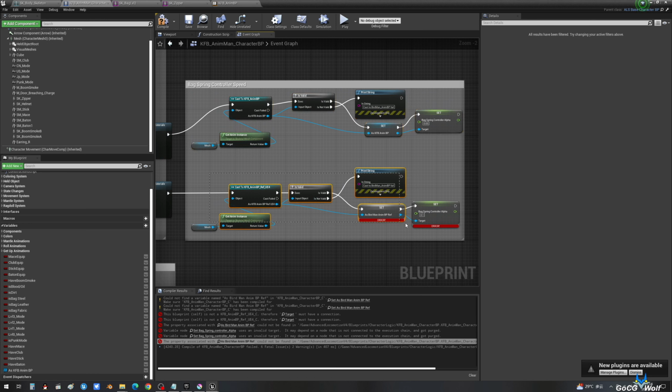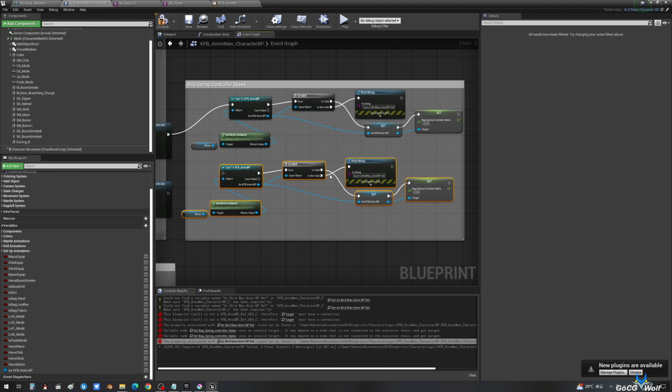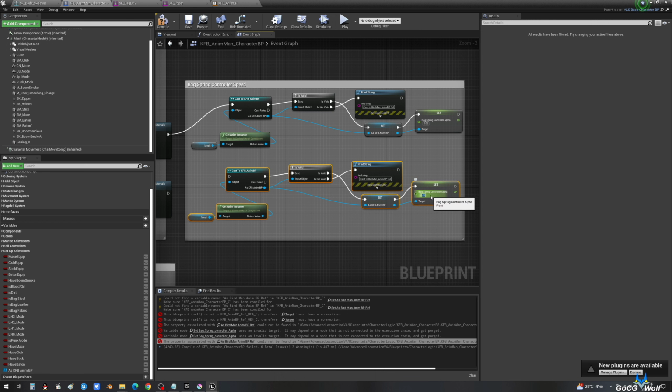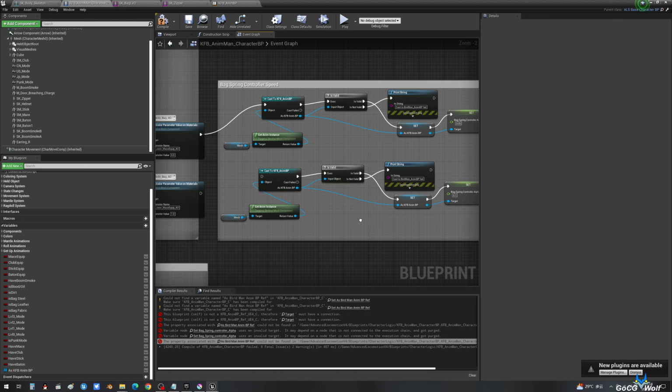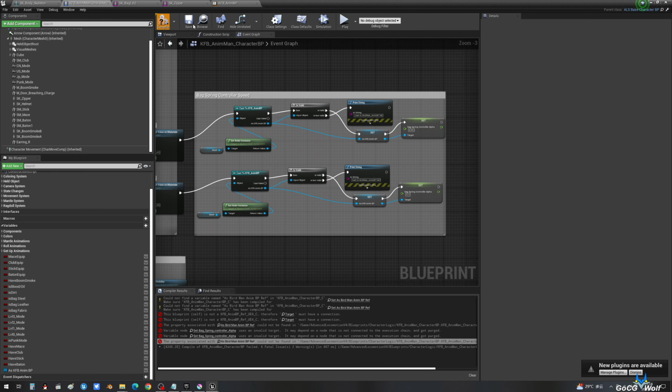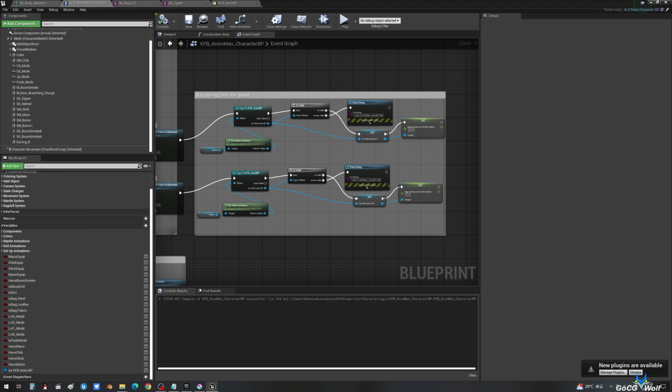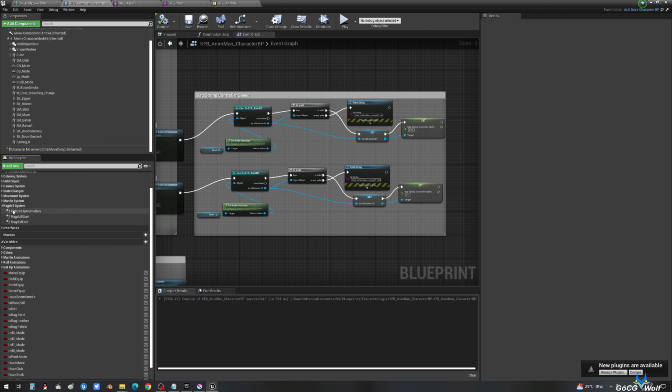Duplicate. Remember, this is 0.1. The backpack shaking will decrease when taking off the weapon. Now let's duplicate the ragdoll system.